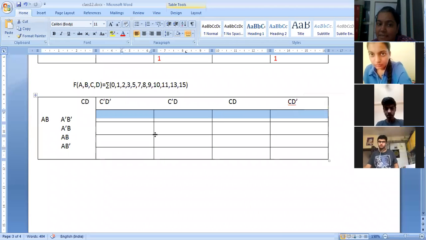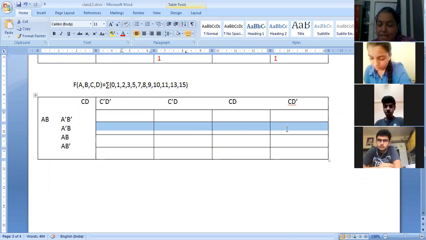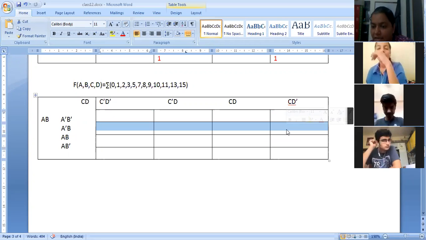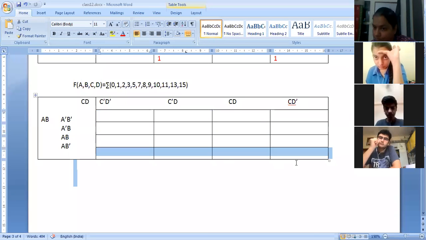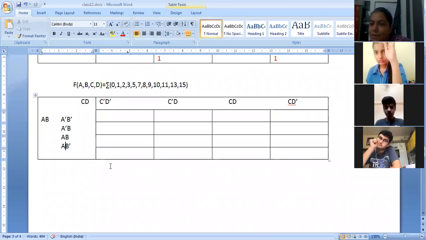I hope that it is clear. The value of A and B here in this whole row is 0, 1. That's why it is A bar B. A is 0, B is 1. This is 1, 1 and this is 1, 0. That's why this term comes here. Okay, now this should be very clear. So first, when you have a question, what will you do?